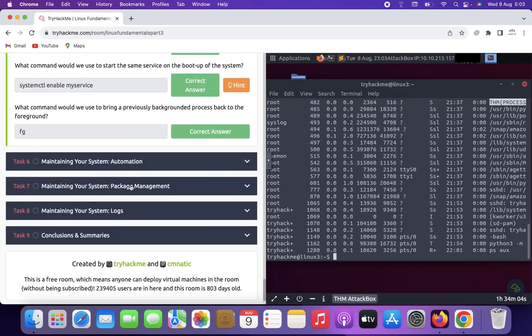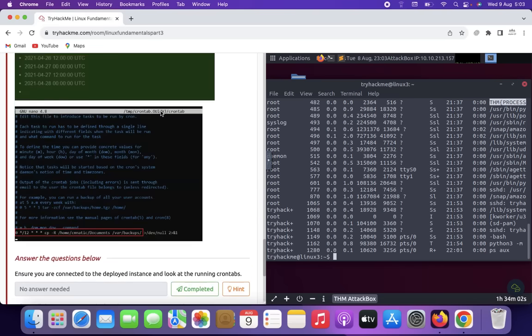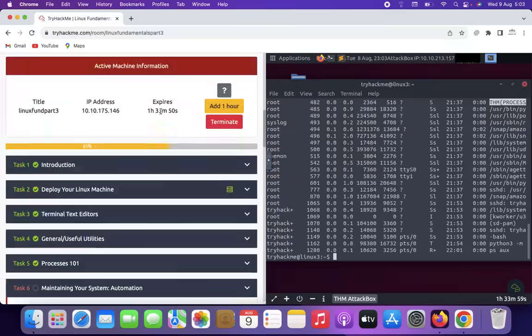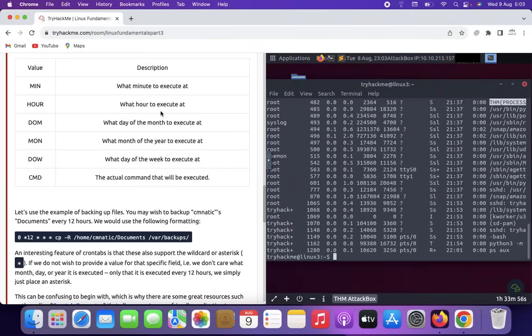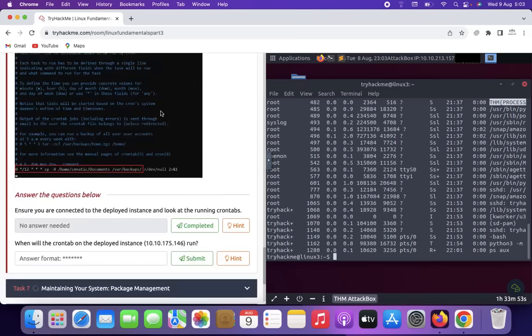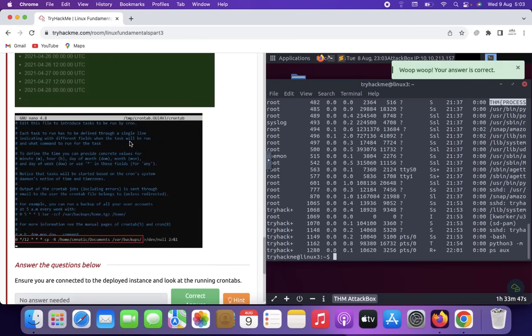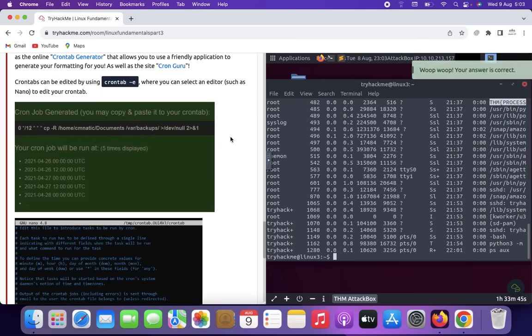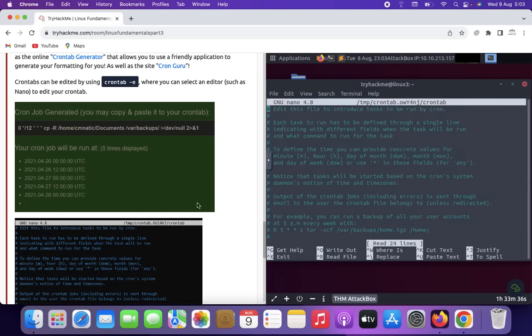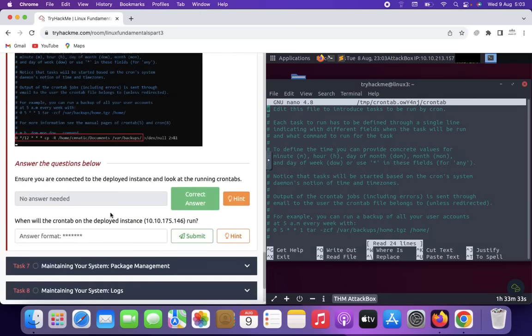So maintaining your system authentications. Ensure you are connected to the deployed instance. Look at the running prompt. So we type crontab -e. So here we came here. When you run crontab -e on the deployed machine, and the answer format is